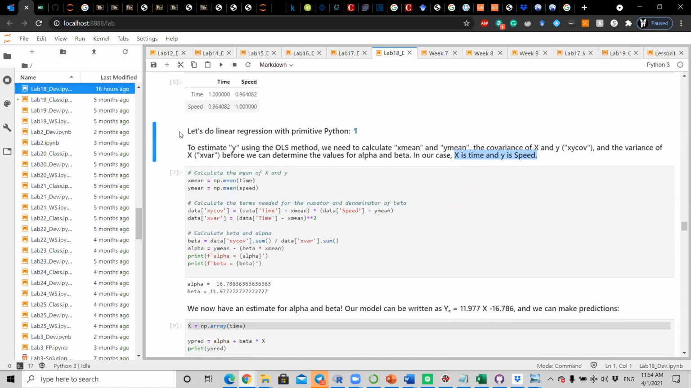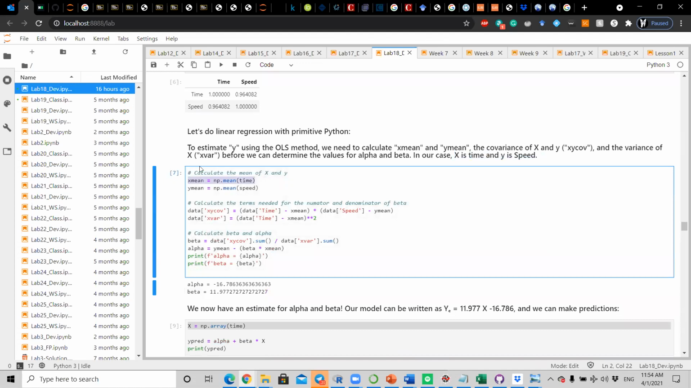So let us move on and get all the things that we need. Let's calculate the mean of x, mean of time. Let's calculate the mean of y, or mean of speed. Calculate the terms needed for our numerator and denominator. xy COV is going to be calculated like this, and then the variance is going to be calculated like this. And now we can calculate our